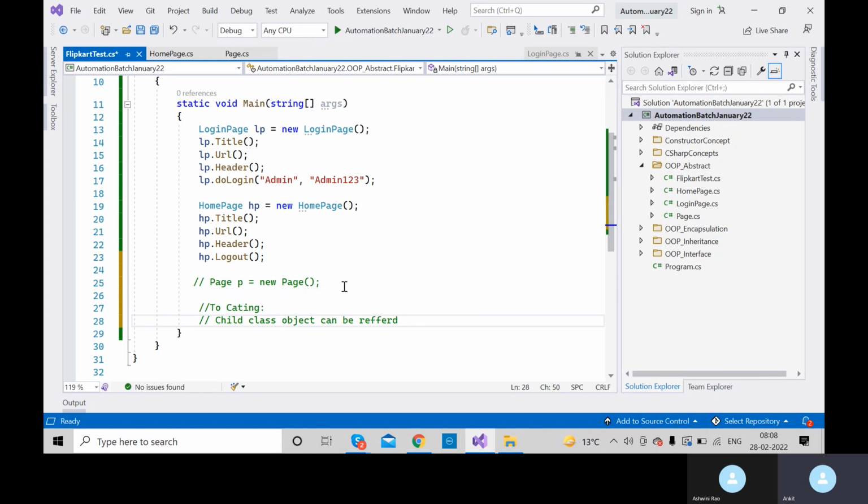Child class object can be referred by parent abstract. Yeah,